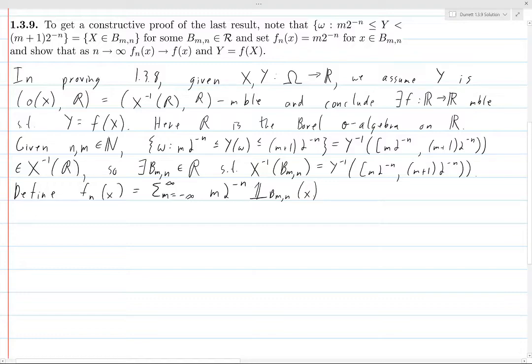So F_n is a function from R to R, and you plug in a real number, and if this real number belongs to